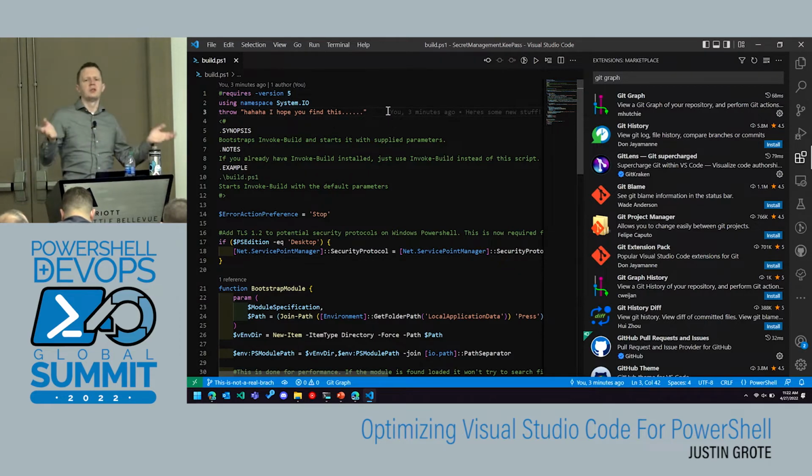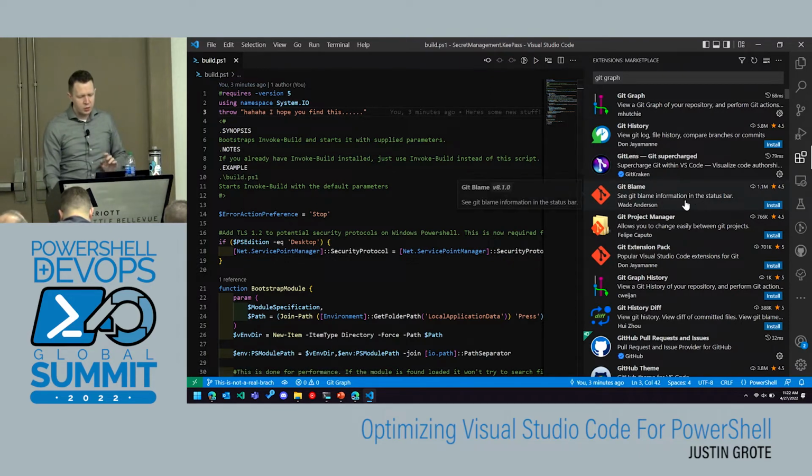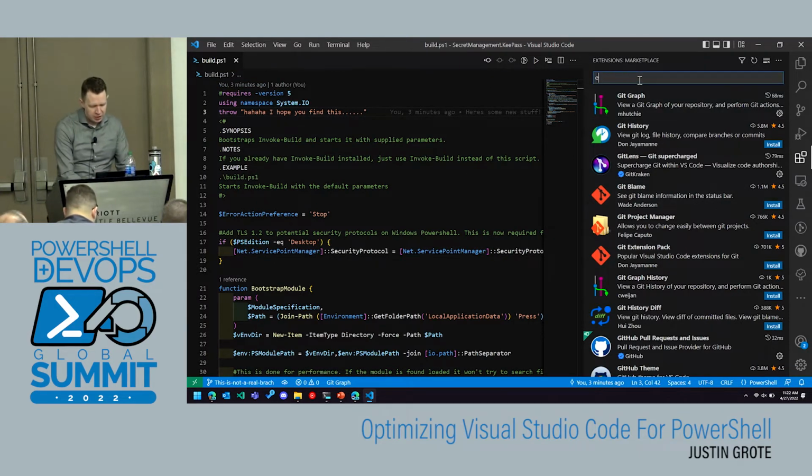Really what it does is it gives you all those nice guardrails around Git, so you don't just have to work with the command line. And there's nothing wrong with the command line. It works great, but if you're in an editor, the nice thing here is having those contexts and that help there. So the next one I want to go to, again, as we talk about context, is an extension called